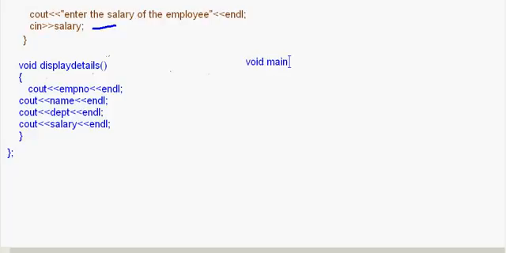I write void main. Now inside the main method, we make an object of the class. So here I write employee obj1. The class, the object name I have given as obj1. Now after this, I write obj1 dot accept details. This is calling the accept details method, and then I write obj1 dot display details,